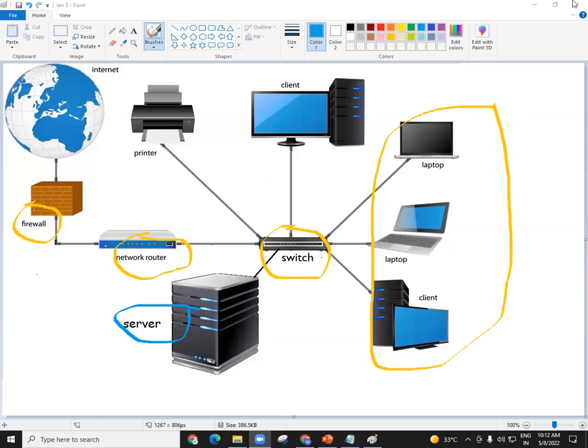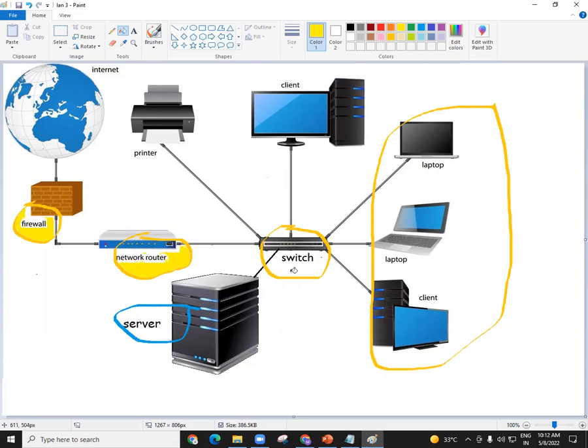When you go with this firewall, it is a device that will protect your network from hackers. So it is one of the main devices again. When you go with this router, it is a device that will make communication between your office and the branch office, or a router is a device that will make communication between your local area network and the internet. So that is a router.